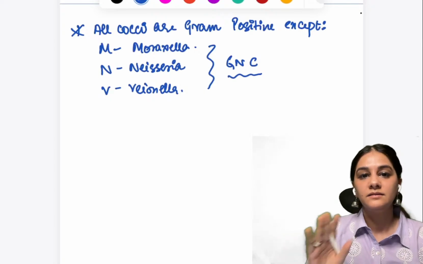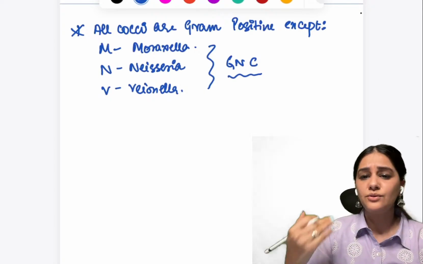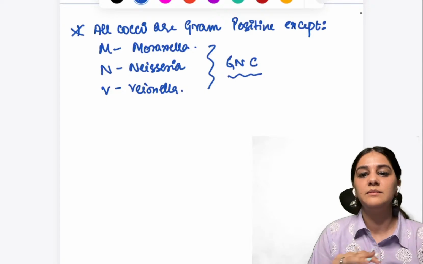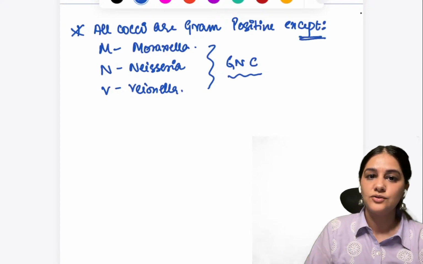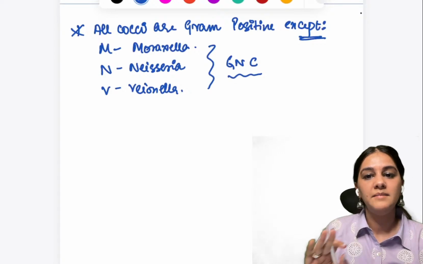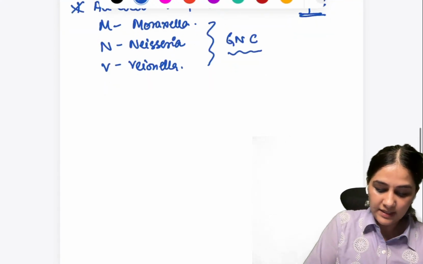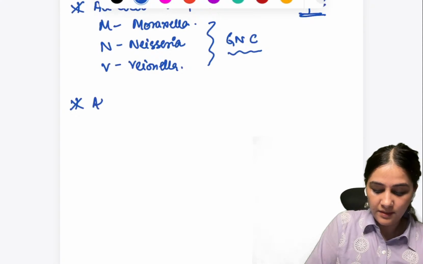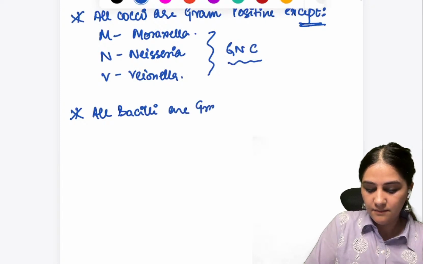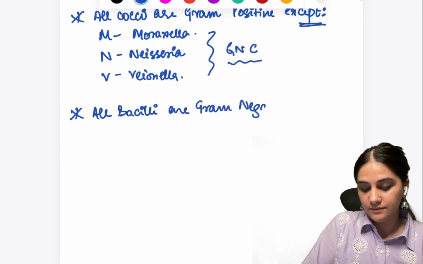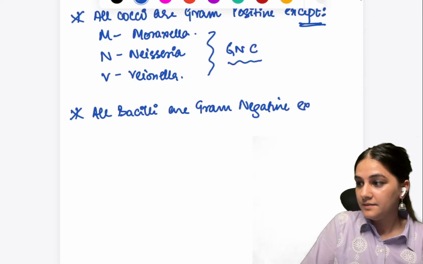So all cocci are gram positive except M, N and V. So you don't have to remember which cocci is what. Just remember this mnemonic. So this is how you're going to remember. These are the gram negative cocci. So next, one thing I want you to remember is all bacilli are gram negative, right? Except